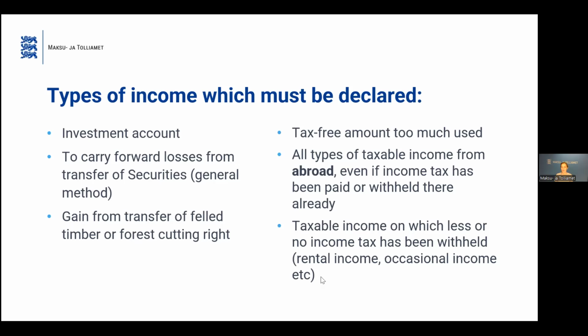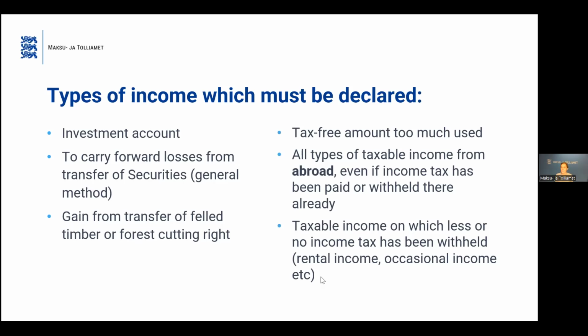And in order to do that, you shall declare that loss annually. If you have received gain from transfer of felled timber or forest cutting right, you shall fill it in even if you use the opportunity to postpone the moment of taxation, to carry forward property for 3 years or use costs done in 1 year to the following 3 years, then you shall declare it annually.